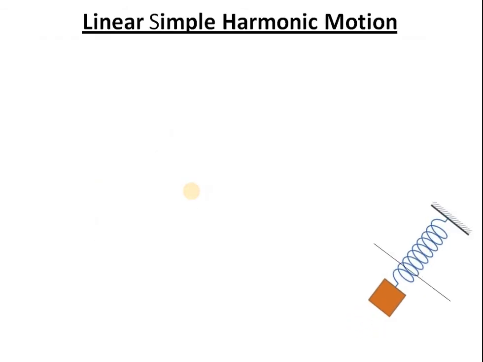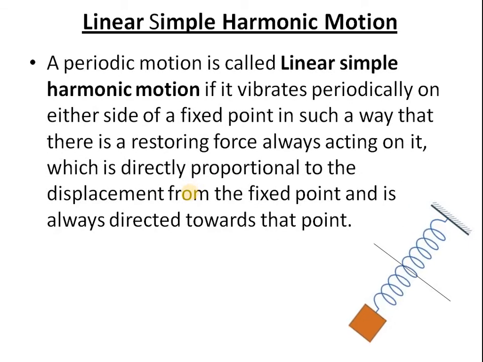Now let's come back again to simple harmonic motion. We will study it in detail. In any simple harmonic motion, whenever the mass is vibrating or oscillating with respect to a mean position, there is always a restoring force on the body, acting towards some center or equilibrium position. In the figure you can see we have shown the equilibrium position with a dark black line. When the body is going away from the equilibrium position, there is a force acting towards it. And similarly, when it is moving closer, there is a restoring force acting opposite to its motion.